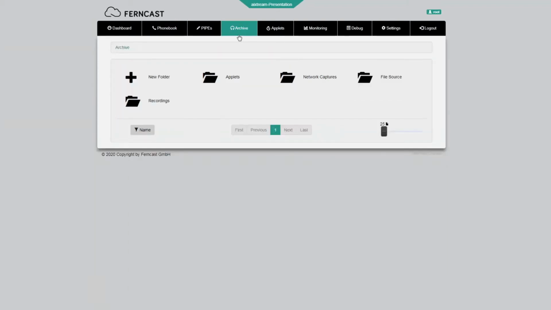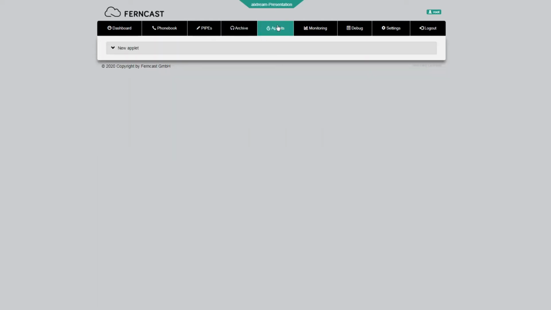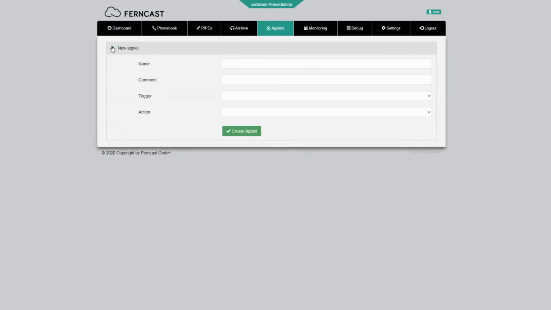Then we have the archive, which is simply where saved audio recordings and so on are stored, as well as applets. Now, what are applets? Applets are a specific feature we offer. You can't see one here right now since they're a bit more complex to prepare, but essentially they allow you